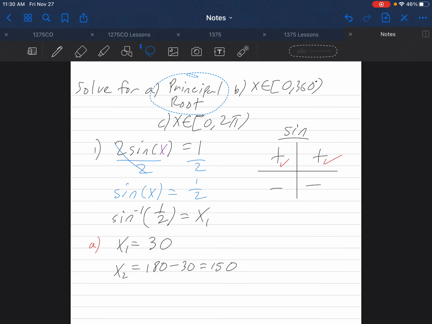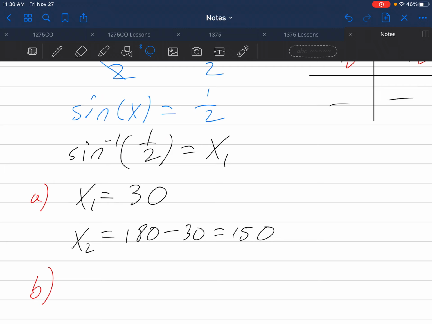So if your problem asks for the principal root, that means you only need to provide this 30-degree angle and you're done, you're finished. Right? If your trig equation asks for answers to be in an interval from 0 to 360 degrees, that means that your answer is going to be